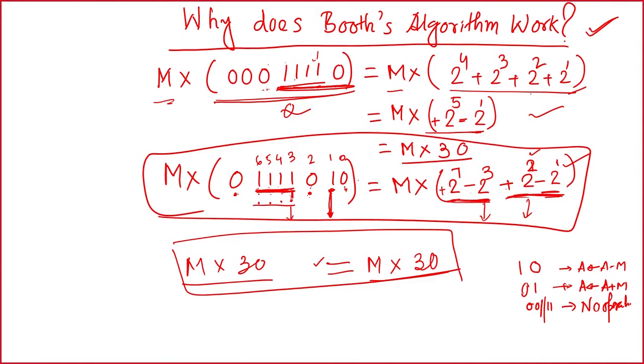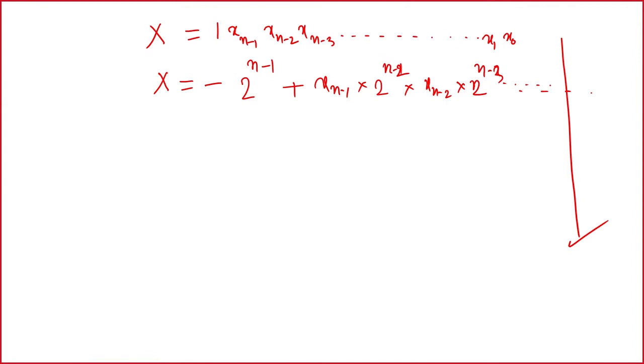Okay. Now, we will talk about the negative number. For any negative number, what can we do? We can write a negative number as 1, obviously there should be 1 instead of 0 because it is a negative number, and then it can be any value x n minus 1, x n minus 2, x n minus 3 down to x 0. So, let us say suppose we can write 6, right.